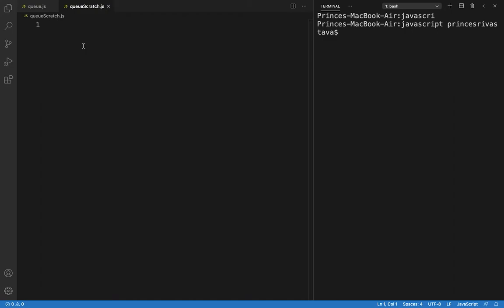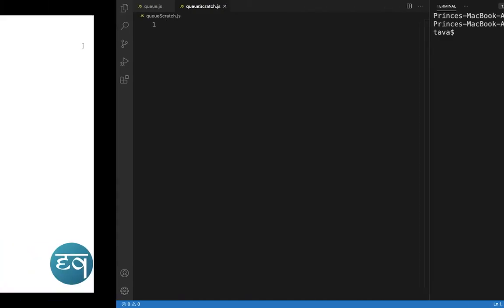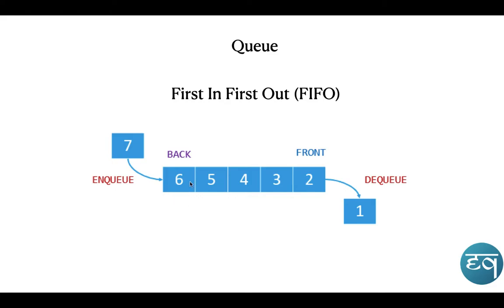So first of all, every queue will have a node. This node will contain any value, and it will also point to the next node of the queue.